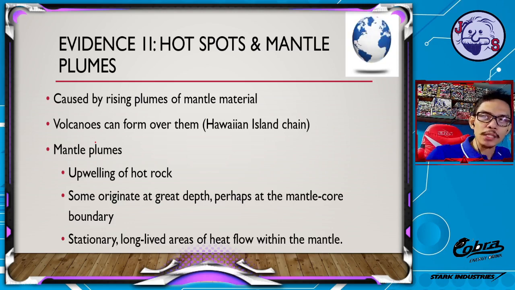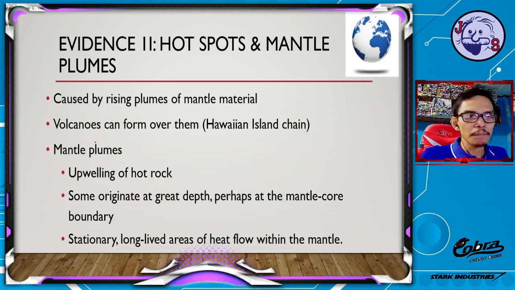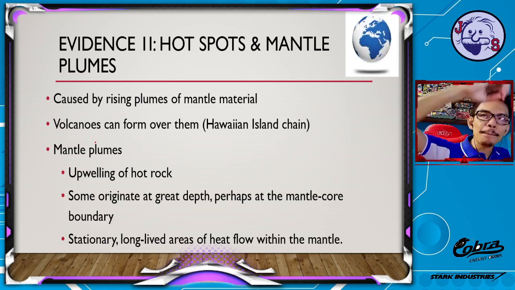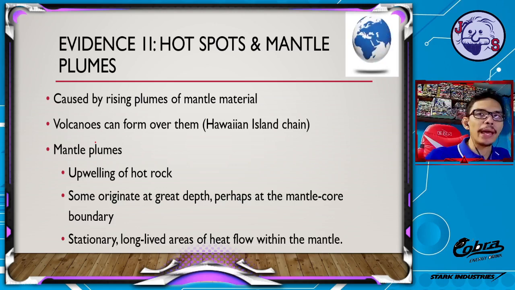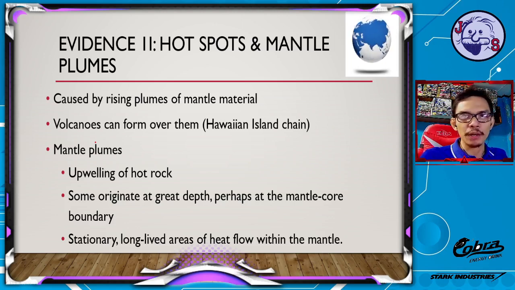So these rocks that come from the core-mantle boundary, because of the differences in density, go up, and once they encounter the lithosphere, the volcanoes can form